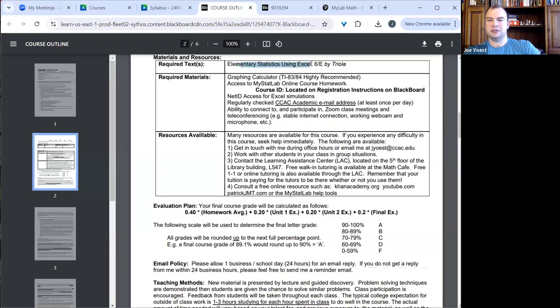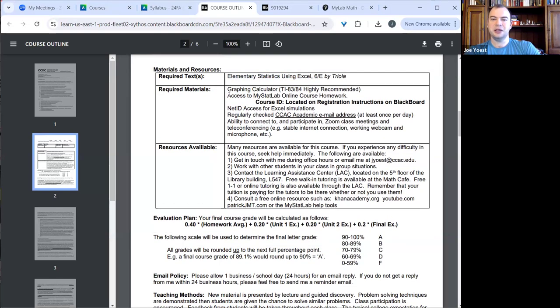So we've already talked about the required textbook and some optional textbooks or optional resources. Some other required materials. I strongly recommend having a graphing calculator. We won't actually be doing any graphing in this course, but having a graphing calculator makes the number crunching so much easier. If you have a little 6-function calculator or something, if you think of adding together 10 numbers and dividing by 10 to get an average,